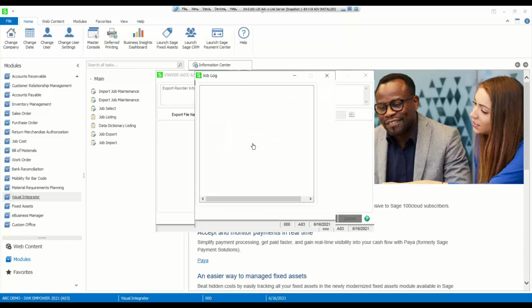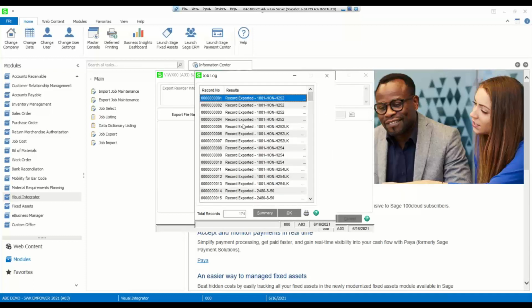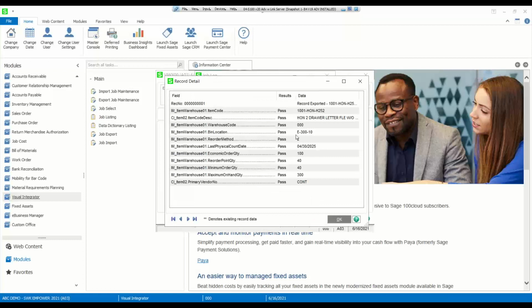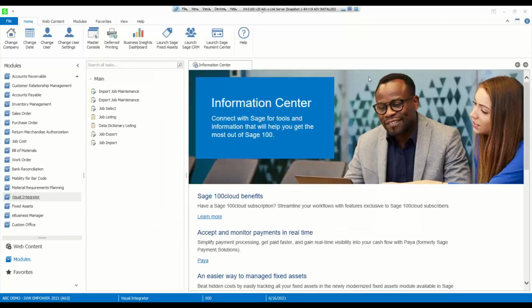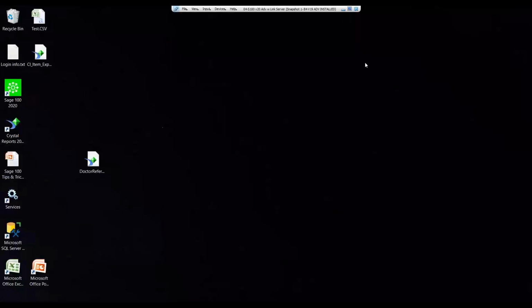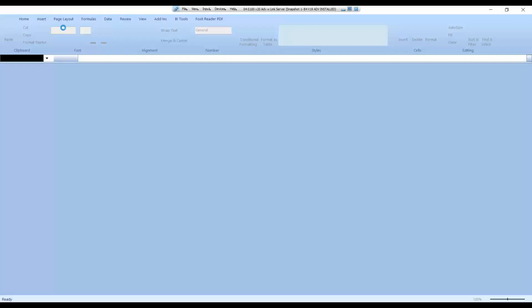If I wanted to look at the log, I could do that and see the information. I could drill down on those and see each individual item's information that was in the export. And as you can see, there it is. Now let's go see if we actually have some data. That dropped out onto my desktop and it parked it right up here by my recycle bin. So if I open that thing up,